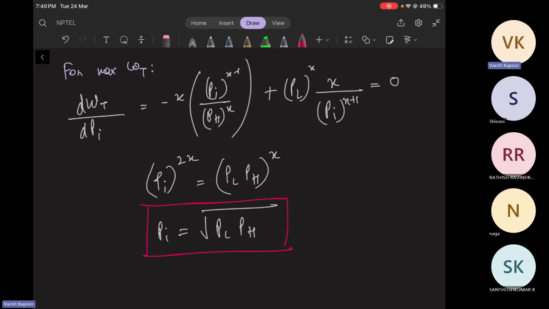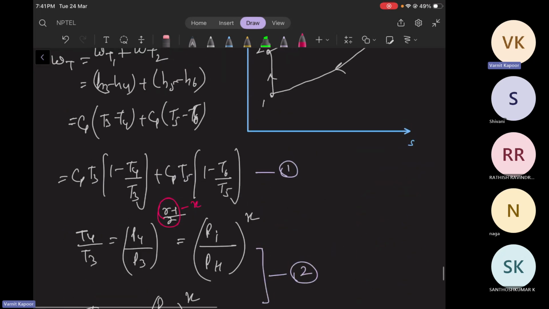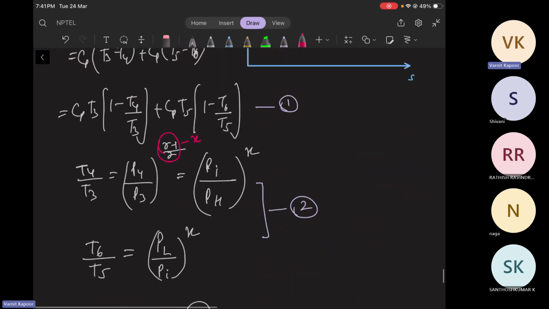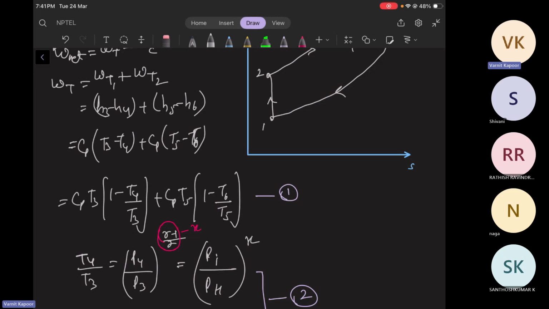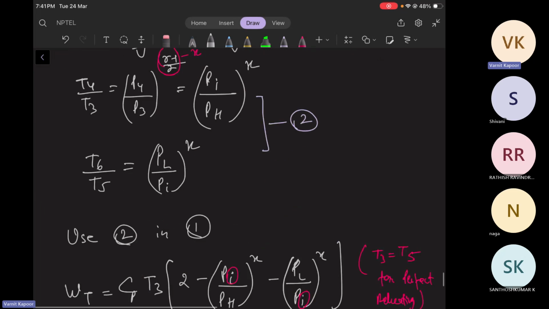So the condition is that the intermediate pressure should be the square root of P lower times P higher. Let us say this is condition A. Now put this condition A back in equation number 1. This is your equation number 1, where you had the work of the turbine, because eventually we need to get the work of the turbine. So putting A in 1,